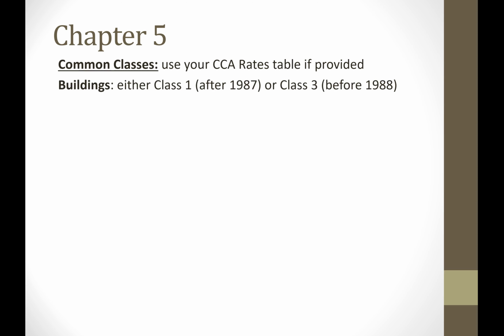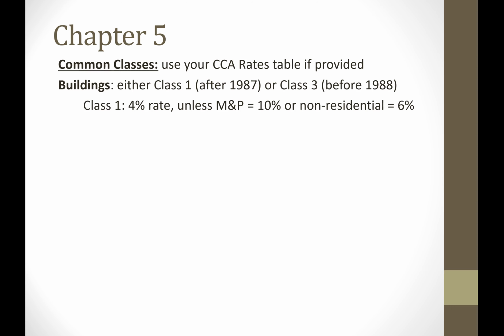Now, buildings are assigned to Class 1 if they were acquired after 1987, or Class 3 if they were acquired before 1988. Now, in Class 1, there are different rates. Now, when you read through your textbook, what you'll see is that normally Class 1 is a 4% rate. However, if the building is used